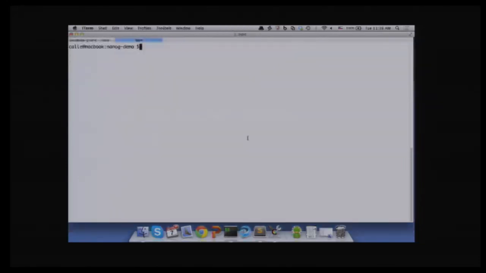All right, so we have a recently started NetConf server running in the background here. That's the confd server that I told you about. We're in an aptly named directory called NANOG demo, and inside this we have a directory called netconf queries. And we're going to start by using the netconf console